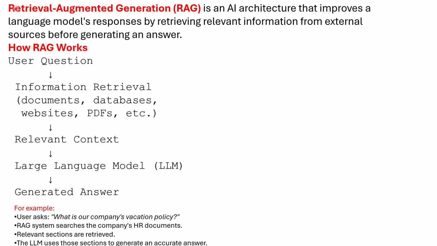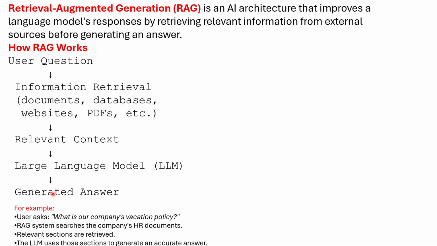Friends, now on working of RAG. How RAG works? User question. The query goes to information retrieval: documents, database, websites, PDF, etc. Then it is transferred as relevant context through the large language model, and